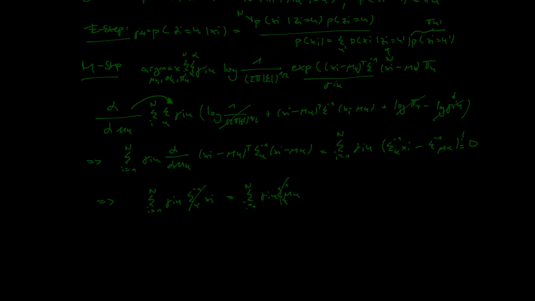And now we can just kill this here, and then what we're left with is mu k is equal to the sum from 1 to n of ik times xi over the sum from 1 to n of ik. And of course, for a GMM it's pretty simple, or has this nice intuitive explanation